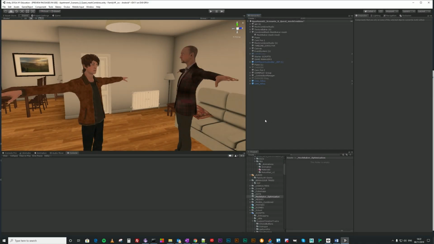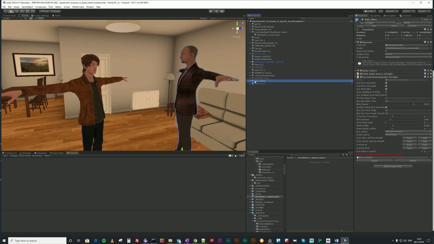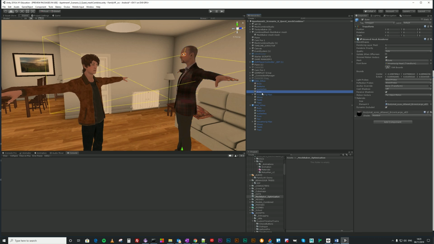Okay, so I want to do a tutorial on baking some skin meshes together while preserving blend shapes. I'm going to use MeshBaker for the mesh baking and texture atlasing, and then LipSyncPro for the facial animation. I've got two characters that I created in Fuse, and by default Fuse doesn't combine everything,